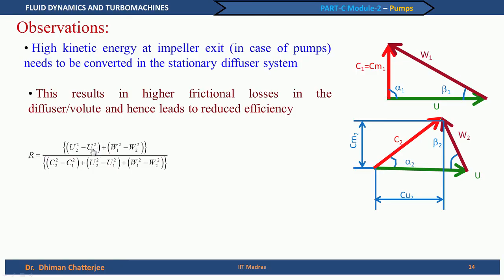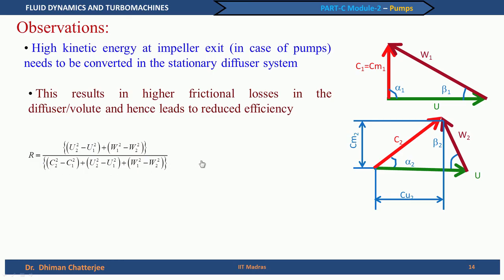Now, the next thing is the degree of reaction. I told you intuitively that with the pressure rise, W p infinity, the pressure rise component, goes to 0. Let us look at it from the concept of the degree of reaction. This is the degree of reaction as you have studied in the last class: U2 square minus U1 square plus, note that it is, W1 square minus W2 square, whole divided by the total energy transfer, which is WBL